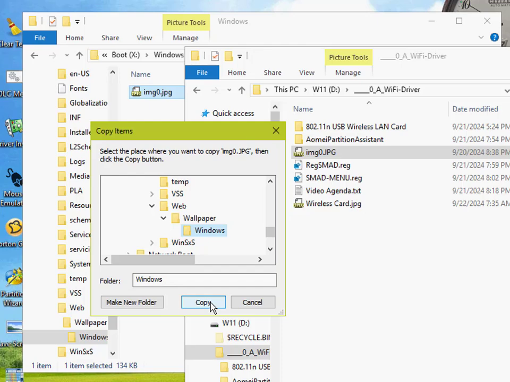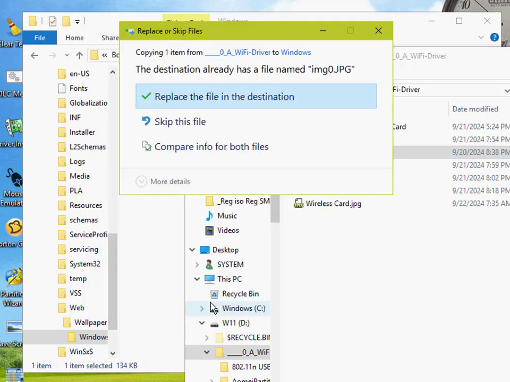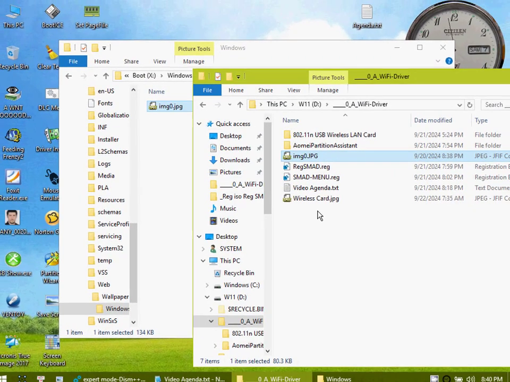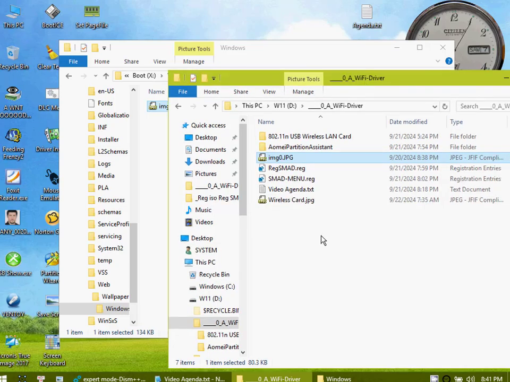It will give me a message, I'm sure, to replace the current one. So I'll say yes, replace the old one with the new one. Okay, this is how to change the default location for the background of the captured Windows PE. Now we added a program, we added the registry, we changed the background. Now the remaining step is to add new drivers for this